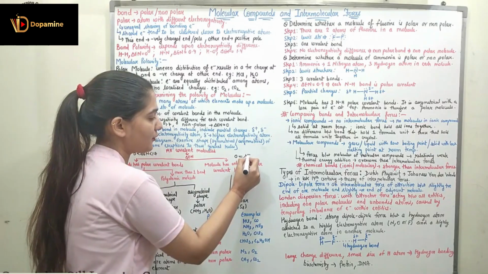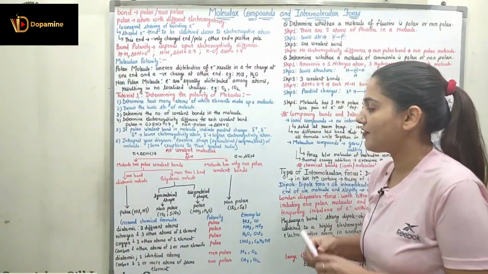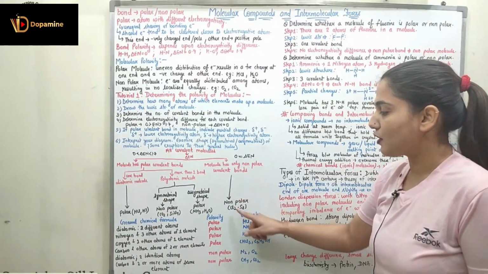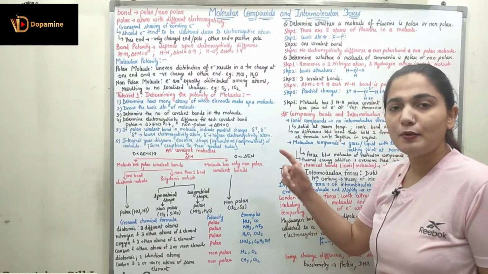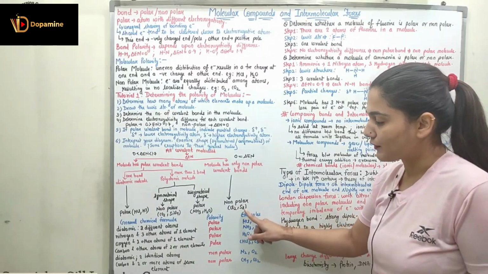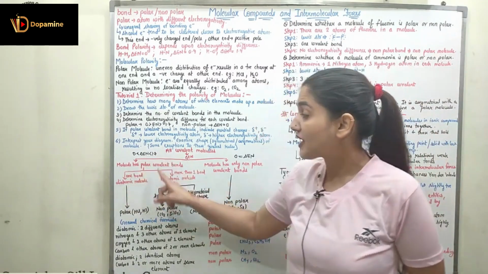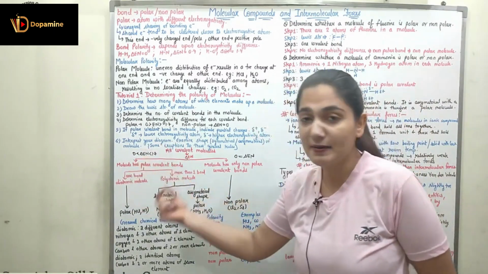So this is my electronegativity difference over here. Right? Now if I have a molecule which has non-polar covalent bonds, then it is classified as non-polar, right? Like Cl2, S8, we have this type of covalent bond in these molecules as a non-polar covalent bond. Now coming to the molecule which has the polar covalent bond, right? Now we need to know how many bonds are there.